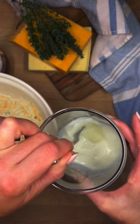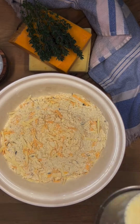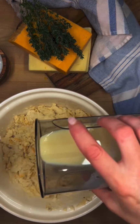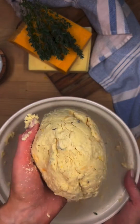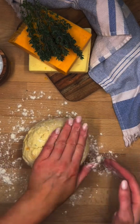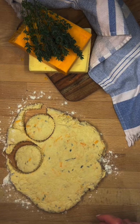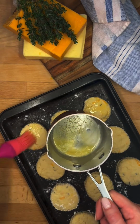Crack an egg into the buttermilk and mix that with a fork. Create a hole in the center of the dry ingredients and add half of that wet mixture in. Use your hand to roughly get that together before adding the rest of the buttermilk and combining that into a ball just like this. Onto a floured surface, cut out your scone shapes, have your oven preheated, brush them with